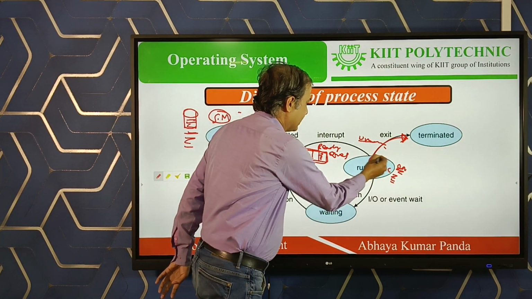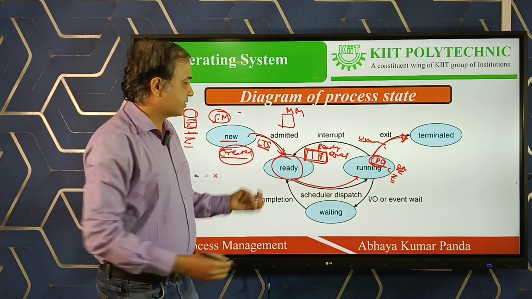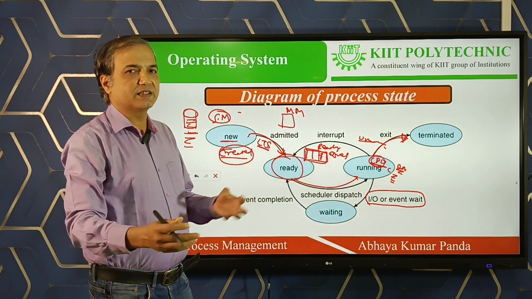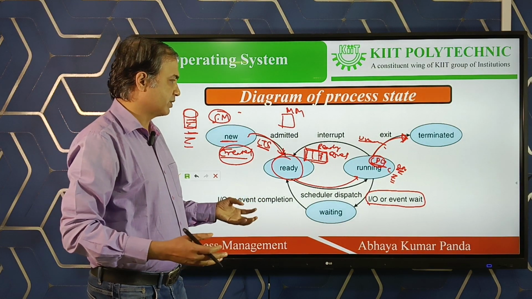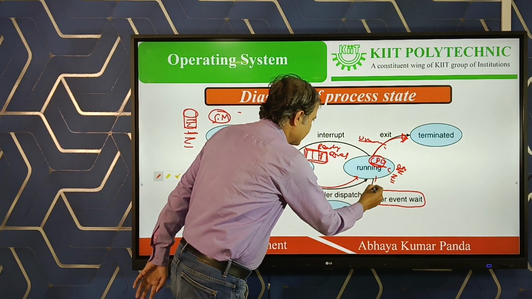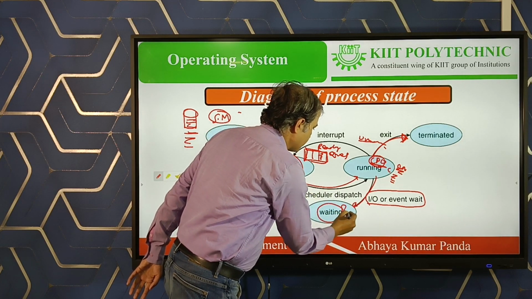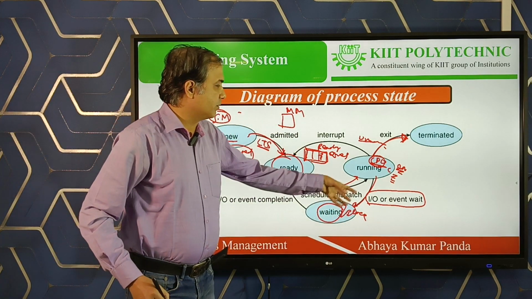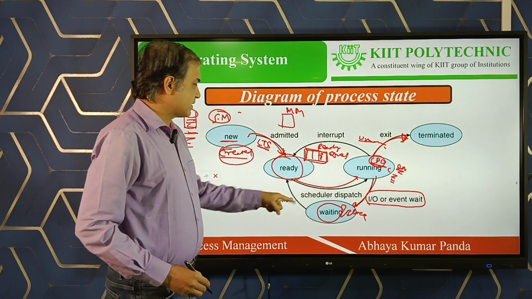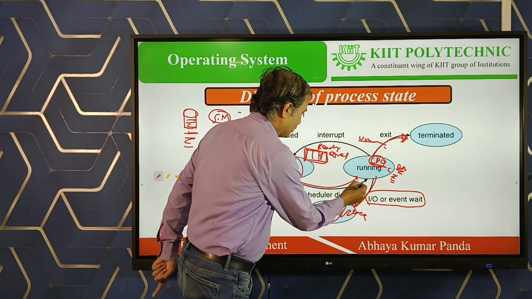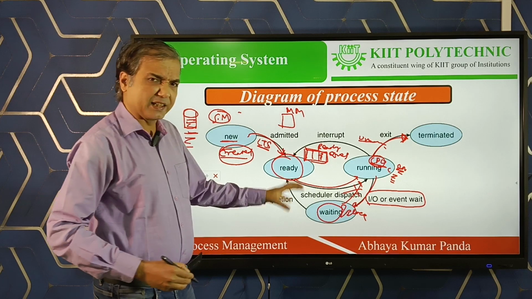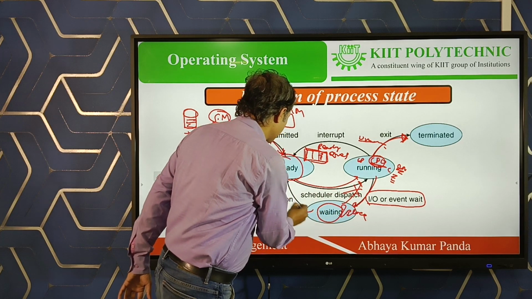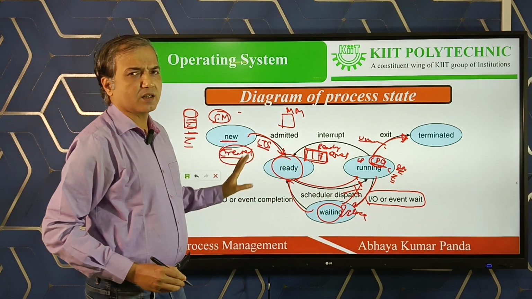During execution, when a process requires some IO events, input-output events, for example some input taken from the keyboard or the mouse, that process is sent to the waiting or blocked state. After that IO event completes, the process cannot be directly transferred to the running state because at that time some other process is being run by the CPU. So it is transferred to the ready state, that is, put in the ready queue.